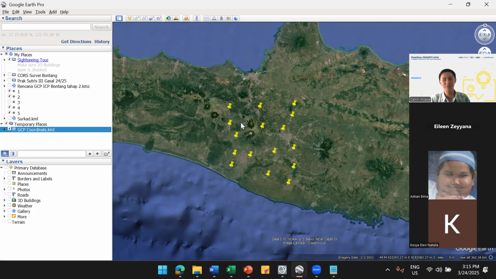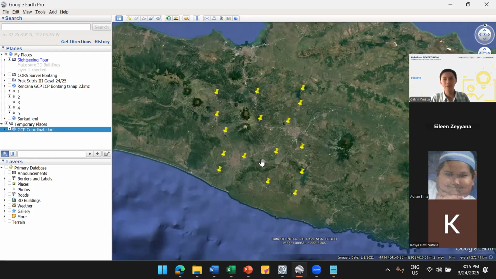So you can choose the first one here, the second one here, the third one here. So it's up to you, but you need to ensure that if you do the GNSS observation for ground control points, the distribution is uniform. The order is related to project management. So let's say you have the first ground control point here.